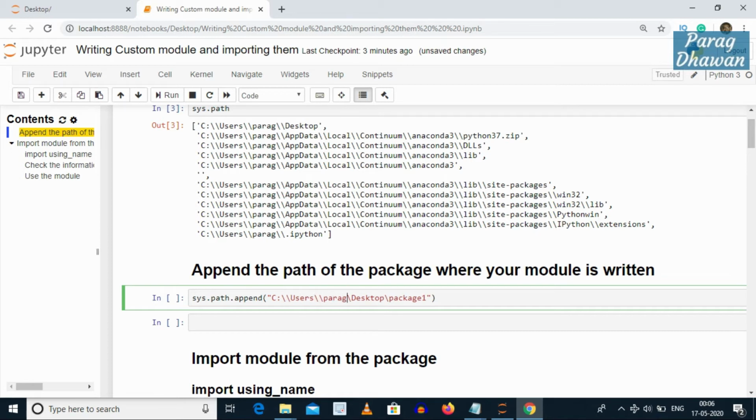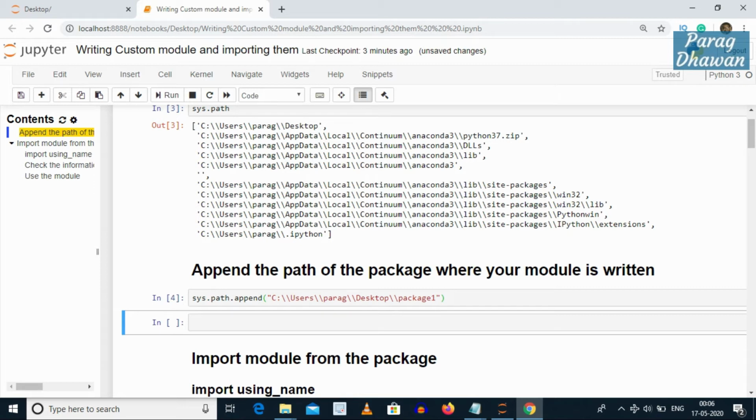So the command will be complete, the package will be included and modules will be available to us. Click on the cell, run the cell. It has run successfully, meaning the package has been included.